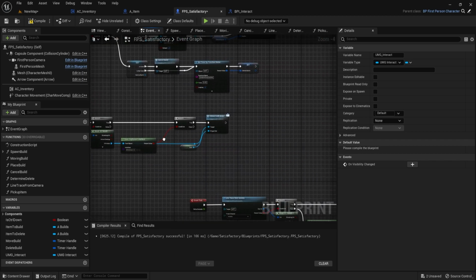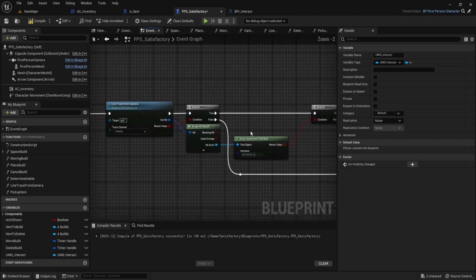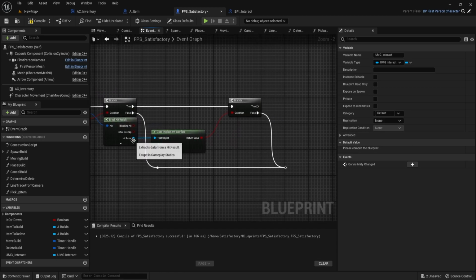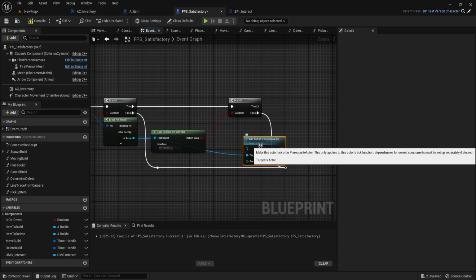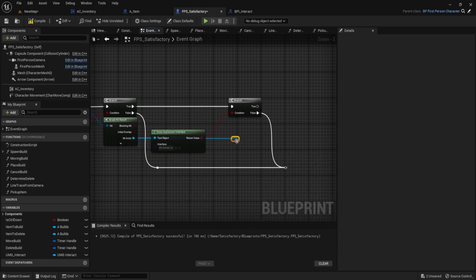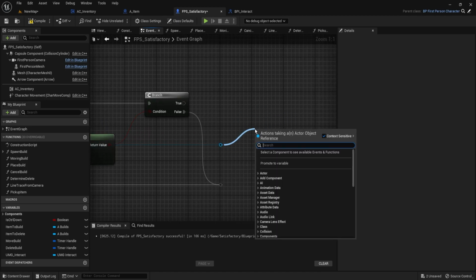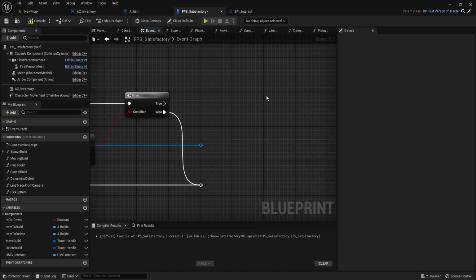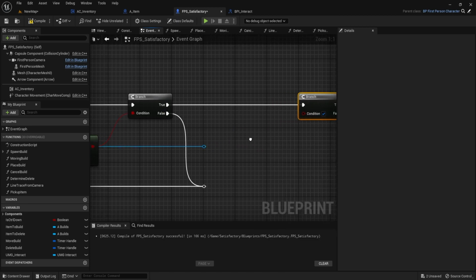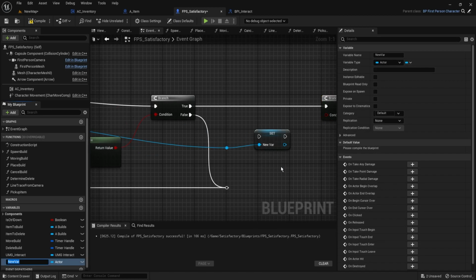What we want to do is if ever we have our tick and it hits something, then we want to act upon this variable. So that'll be here. So right here, we want to reroute this. And with the reroute, what we want to check is whether it is equal to the previous one, because we don't want to be showing it and calling it every time we overlap something, because otherwise you might be overlapping twice the same item. So to do that, we need to actually promote this to a variable. We're going to promote this and say this is previously